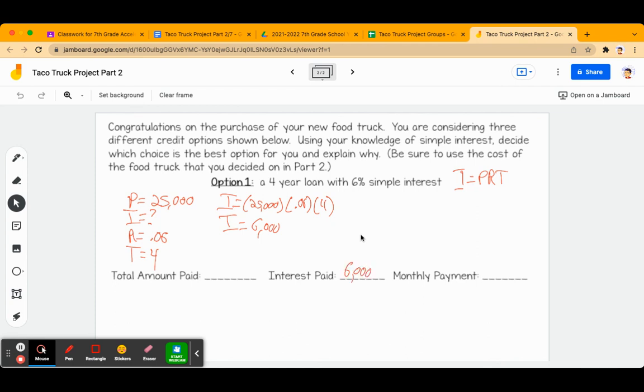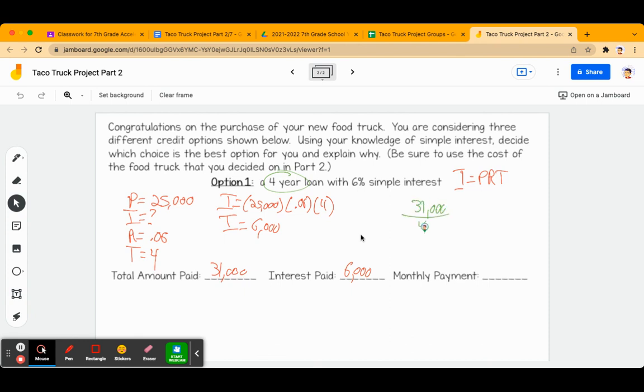Therefore my total amount paid is going to be my principal plus my interest. So the total amount that I'm going to pay for this loan at the end of it all is going to be $31,000. And my monthly payment, well, how many months am I paying the loan off for? It says 4 years. But how many months are there in 4 years? 48 months. So I'm going to take that 31,000